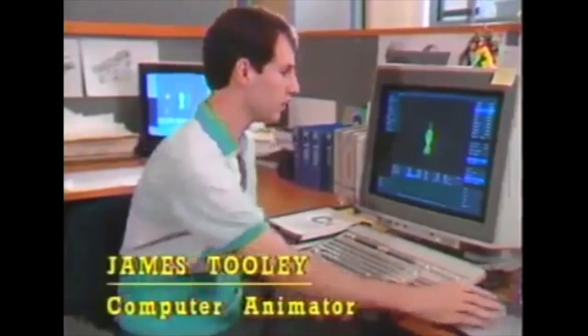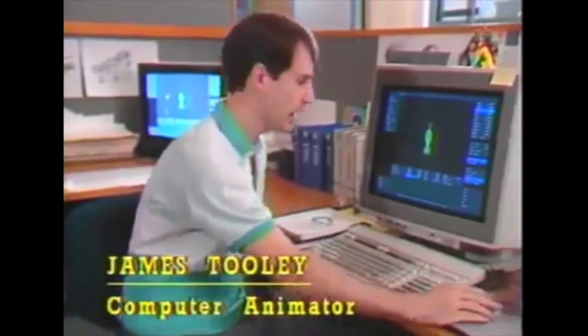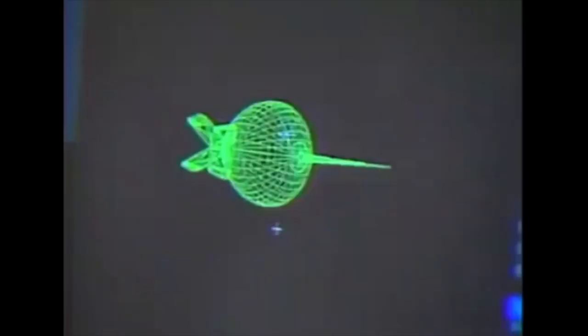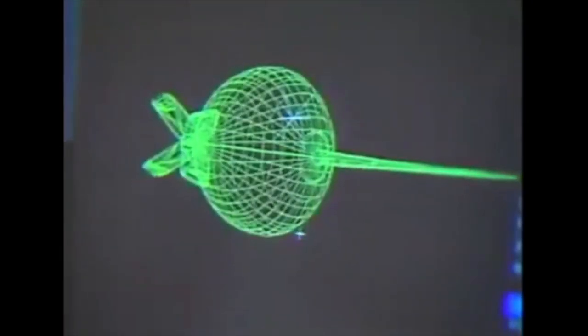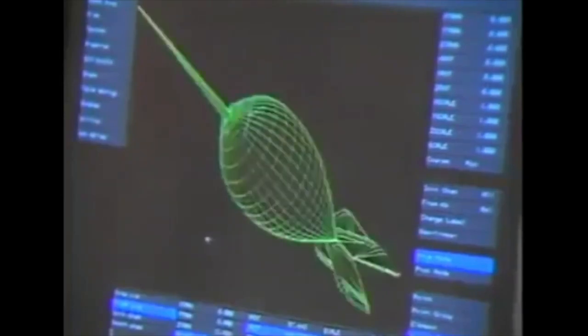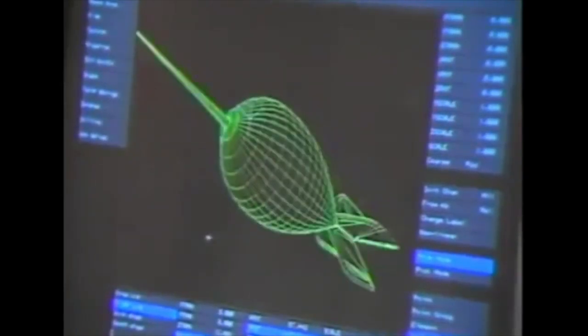Well, the first thing we do is to build the objects, to sculpt the objects on the computer. And what I've done here is I've sculpted a dart. And so I can take a look at that dart. I can go closer to it, I can rotate around the dart and see it from different angles. It's like shooting things in live action.